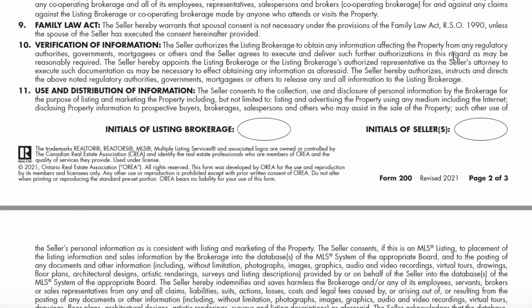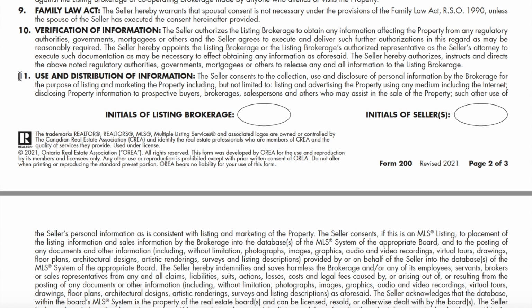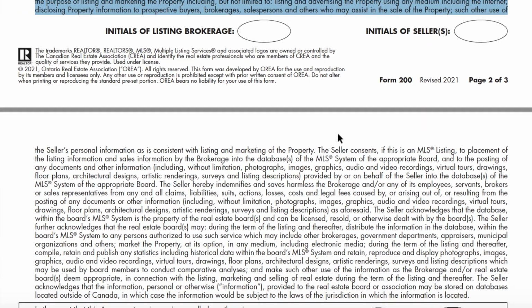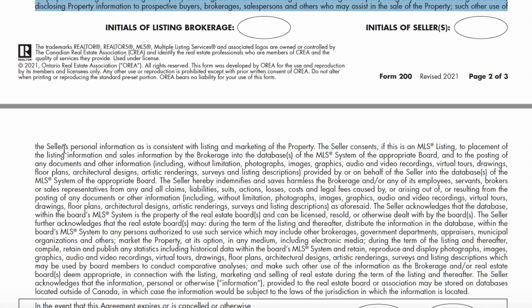Number 11, use and distribution of information. Very similar to the marketing clause, this clause gives us the permission to give information regarding the property to other people. Of course, everything we do is working for our seller clients with the utmost loyalty. And as you scroll down, it goes into more detail, but all very standard stuff here. Like for example, posting of any documents and other information, including without limitation to photographs, images, graphics, floor plans, designs,